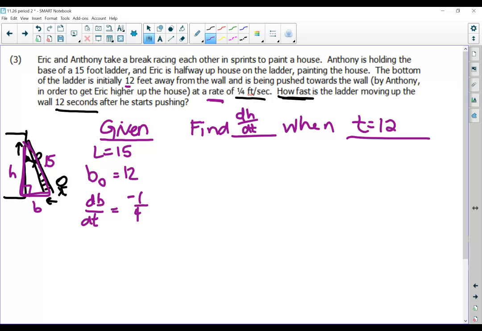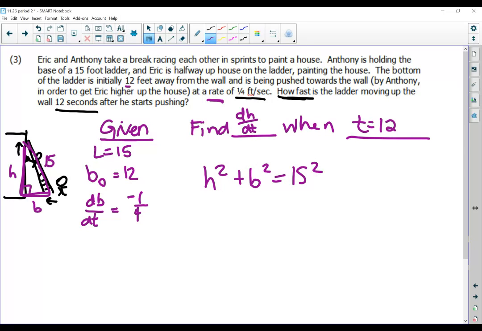Now what we're going to do is look for a relationship that relates just the variables. I'm not talking about the derivatives or the rates. I'm not thinking about rates at all. I'm thinking about if I just gave you this picture and asked you to relate those things together, how would you do that? Well, if I'm looking at this picture, I notice that I have a right triangle and that I have sides of a right triangle. So I'm going to use the Pythagorean theorem and say that h squared plus b squared has to equal